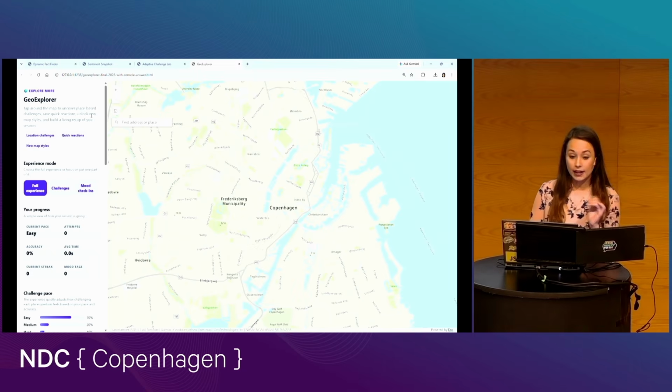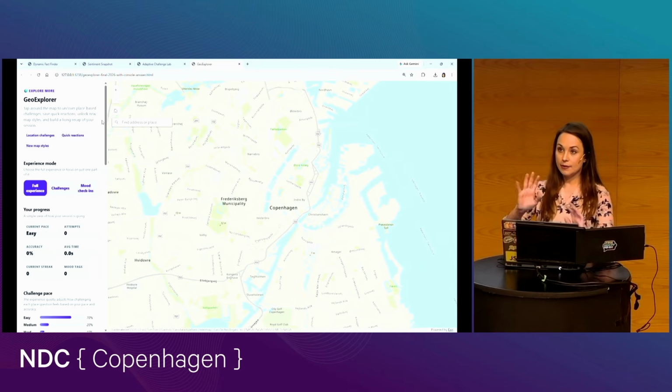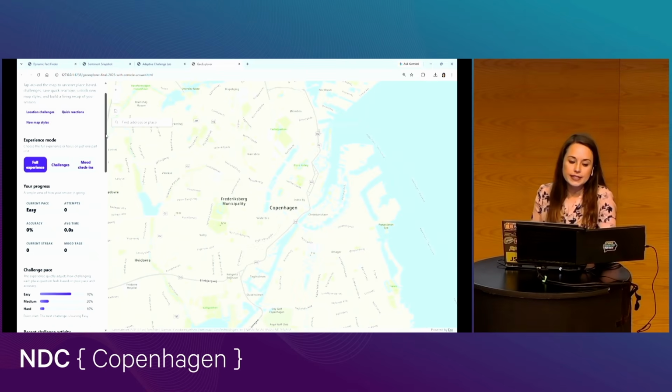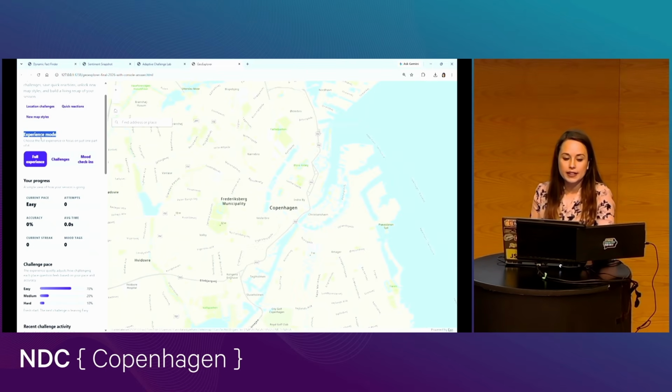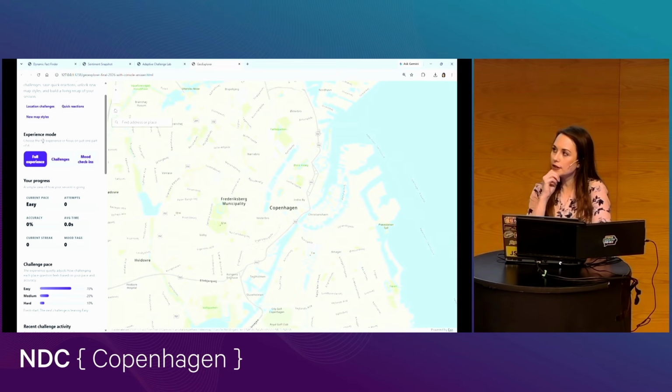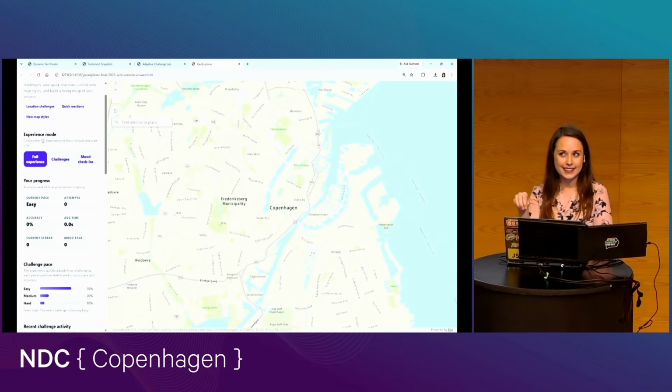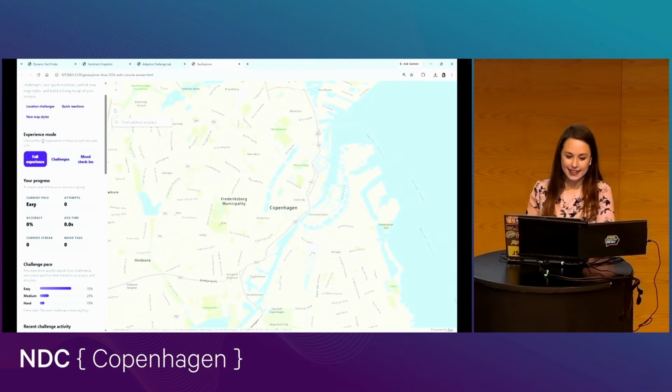And we have a lot of different stuff going on over here. So let me point out all these different things over to the side. That way you can understand the power of this application. So the first thing is we have the experience mode, and this lets you choose the full experience or just one part of it. So there are two different modes you could work in this application. You could work in a challenges mode, or you could work in a mood check-ins mode. So the challenges are going to be that dynamic content being generated by OpenAI, and the mood check-ins, that's going to be your sentiment analysis. If you do the full experience, it's going to be both, right?